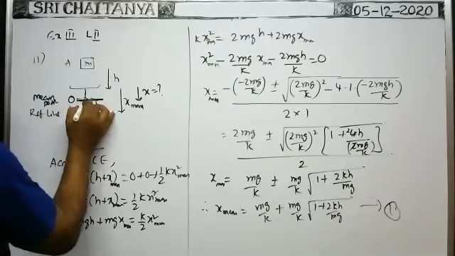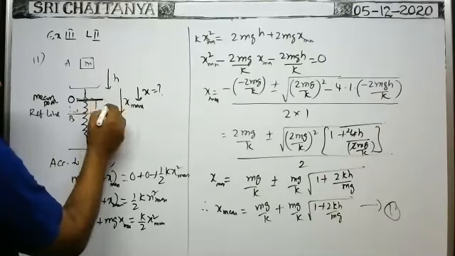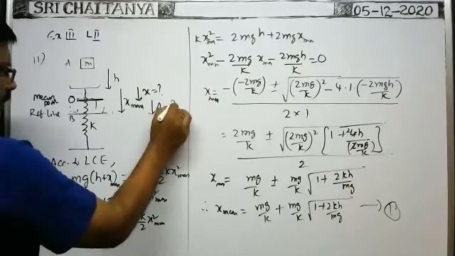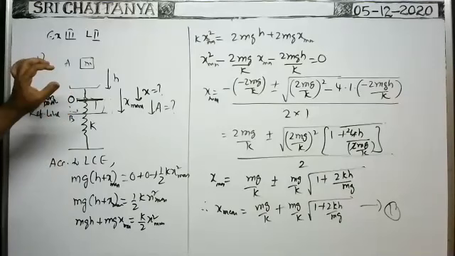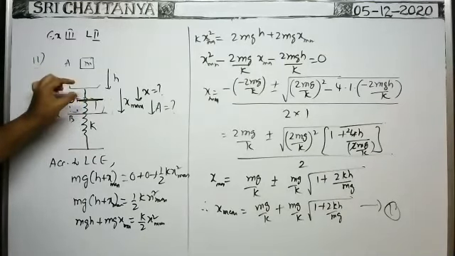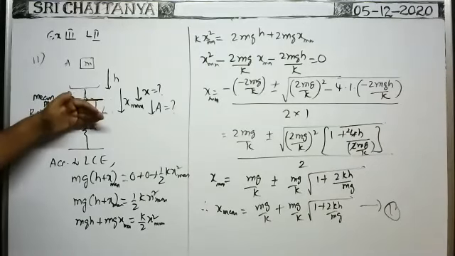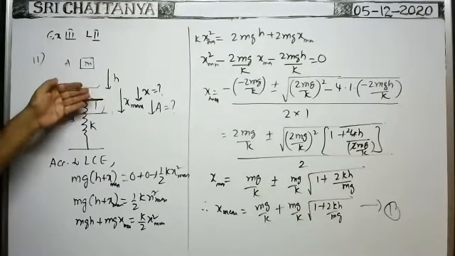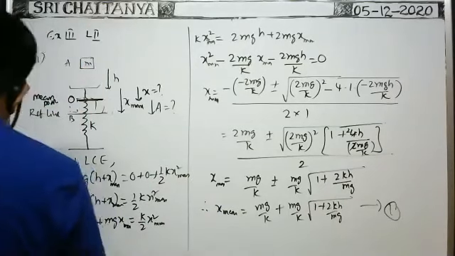So about this point, it makes oscillations up and down like this. About the mean position only, it makes oscillations. Now this becomes the amplitude of oscillation A. Because when finding the amplitude, first we have to look at the maximum compression. Then what is the mean position? Mean position means spring force is equal to weight of the block. We have to find that out. Then from the maximum compression, when you subtract the equilibrium compression, you will get the amplitude of oscillation. Okay.